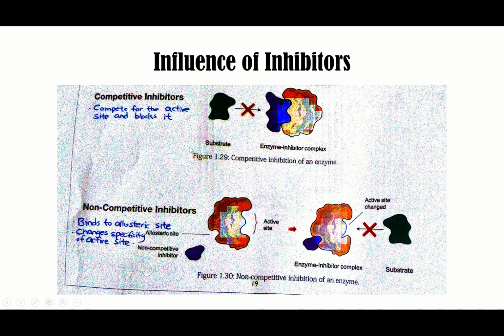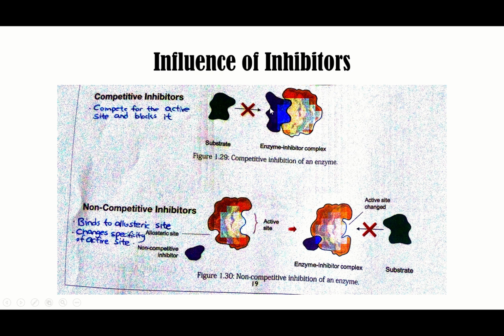Competitive inhibitor, now this is a new topic. An inhibitor basically fights for the space in the active site. The active site is meant for the substrate, for the enzyme to bind to. But there are things called inhibitors that can attach to the active site, thus kind of stealing the space of